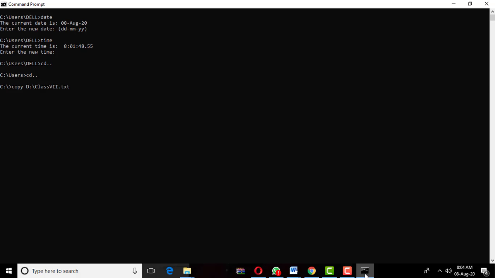Then a space. After that you have to write the target. Now we are going to copy this file into E. Then slash and enter. One file copied.